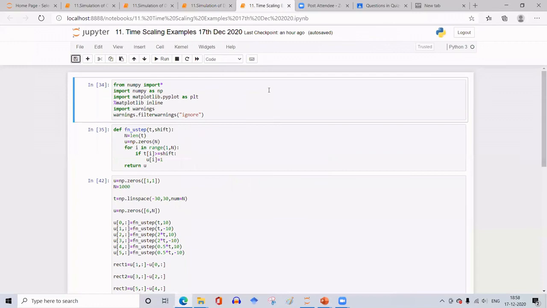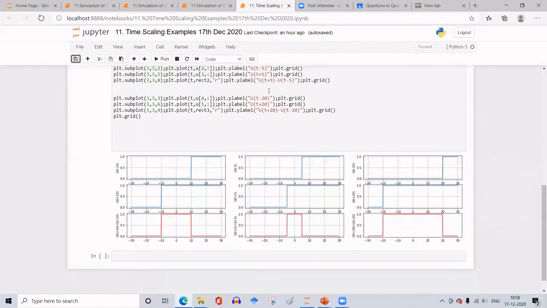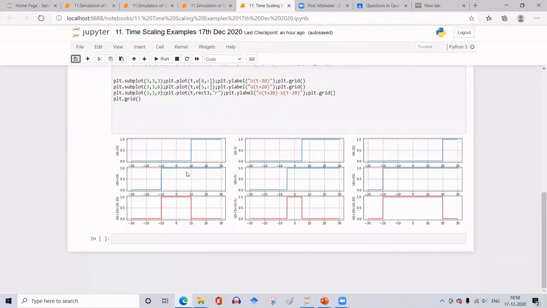Here is an example of time scaling. So what is time scaling? You know time scaling, is it not? Suppose you have a function, a rectangular function, let us say this is rect of t. Let us say it is some function x of t, given by this rectangular function. And if you modify t as 2t or t by 2, what would be the x-axis modification, how the signal changes.